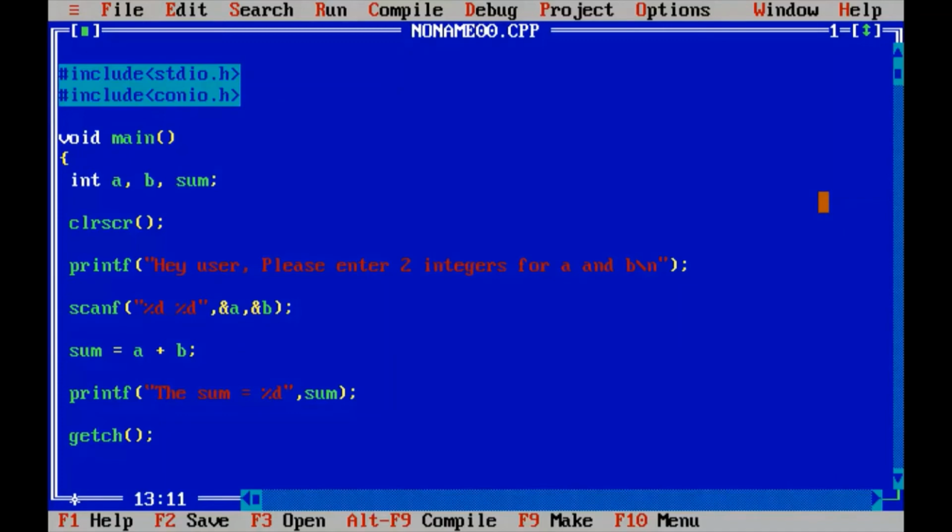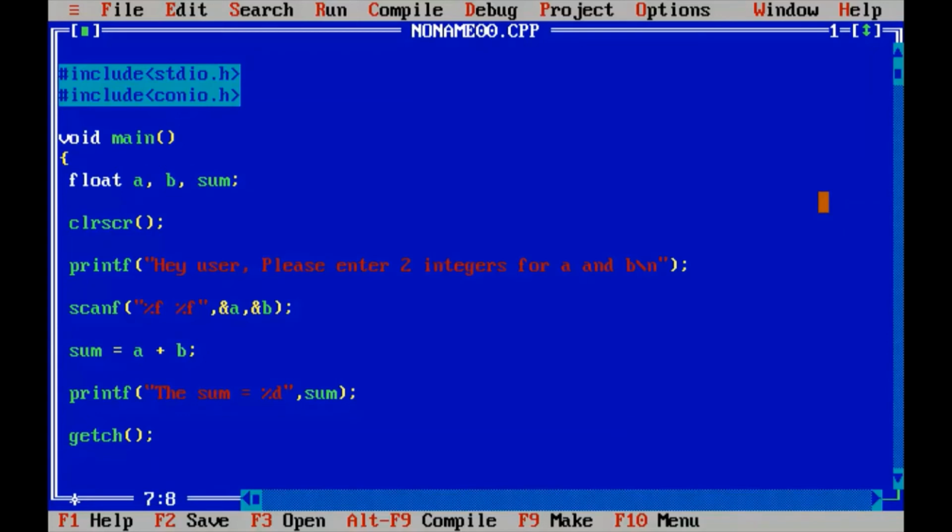If you put %f here, which means the incoming values for a and b are going to be in the floating point format, which is the numbers with the decimal point. So for that I had to change this integer to float, because the type of a and b are decimal, right?